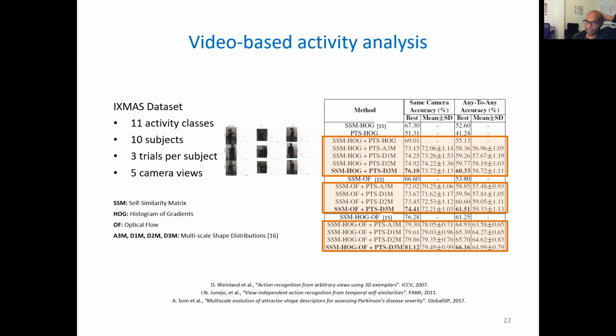We are beginning to work with fusion of these methods with deep learning features, which will probably provide us some robustness to simple things like translations, registration errors, lighting conditions, clothing. Deep features are robust to those things. Deep features are not known to be robust to viewpoint. So the fusion of deep features with topological representations could be promising. We haven't yet done that work, and we are hoping to do this in the future.